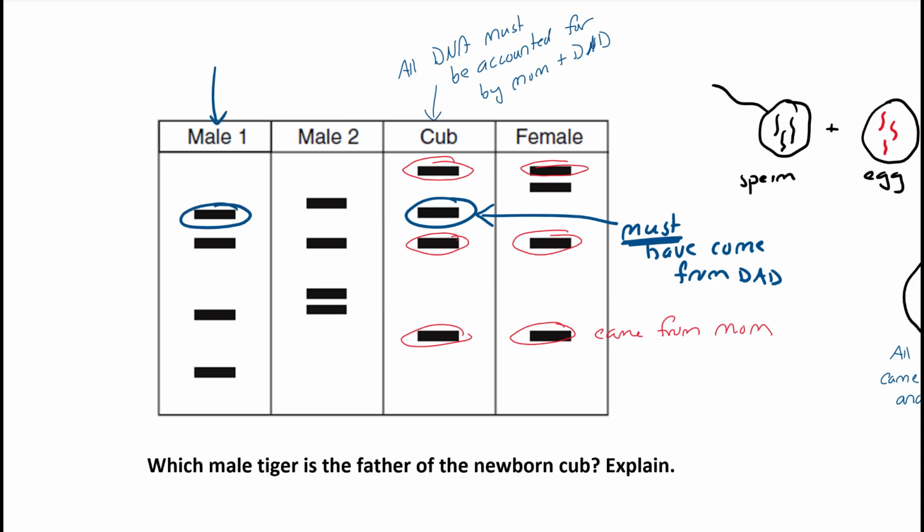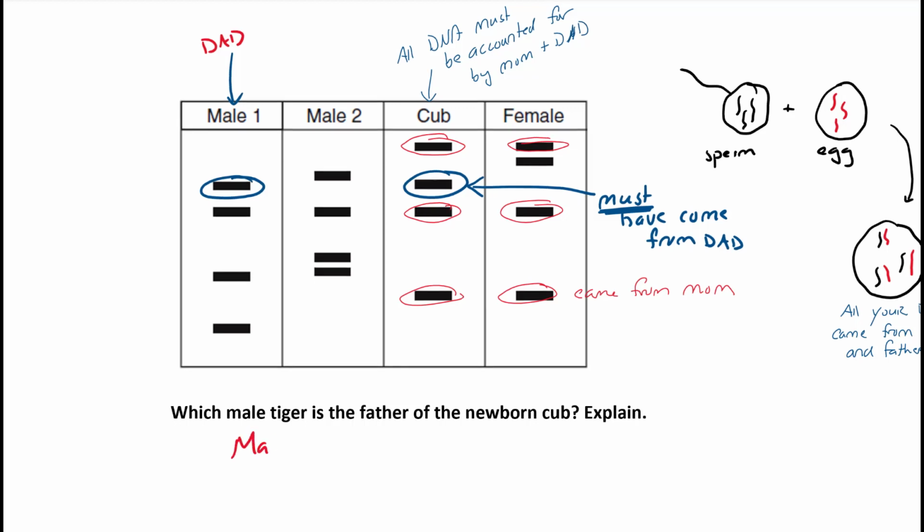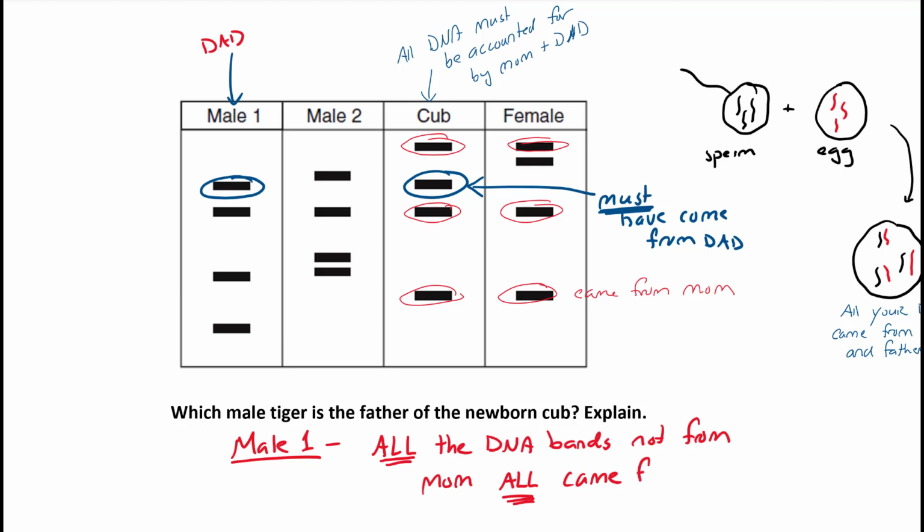Therefore, male 1 is the only one who could have given the cub that chunk of DNA. Male 2 does not have that same identical band. Therefore, male 1. All the DNA bands that did not come from mom, all of them came from dad. In this case, male 1. Not most of them,